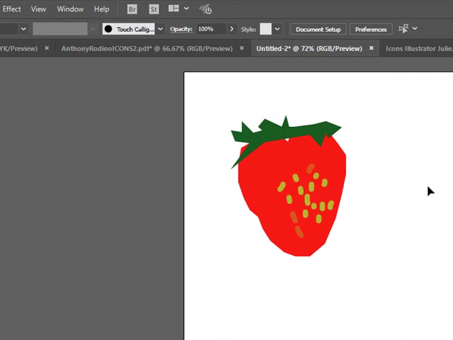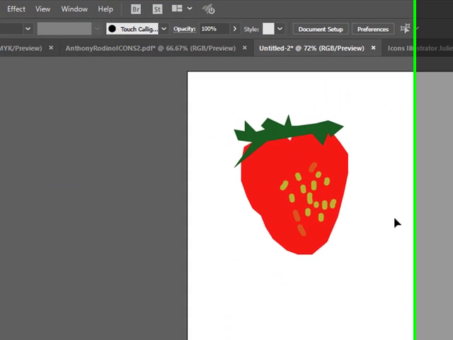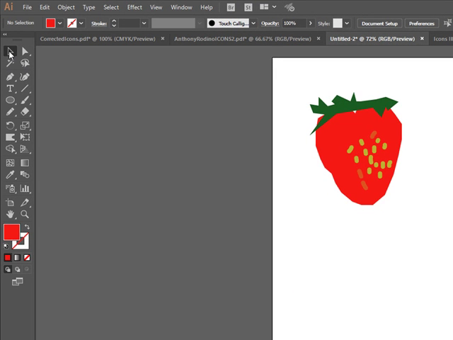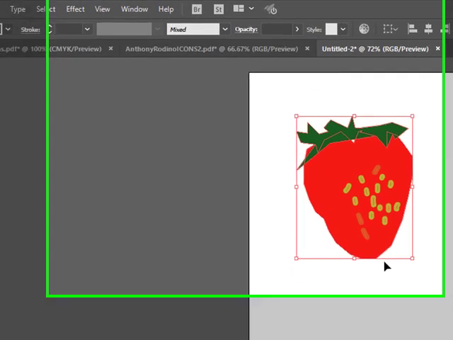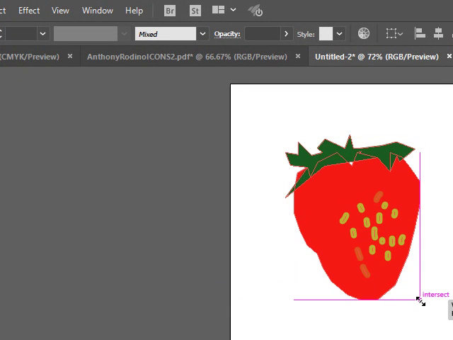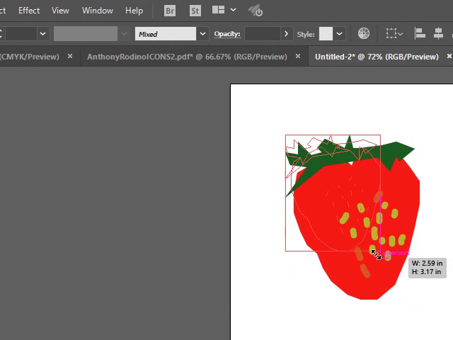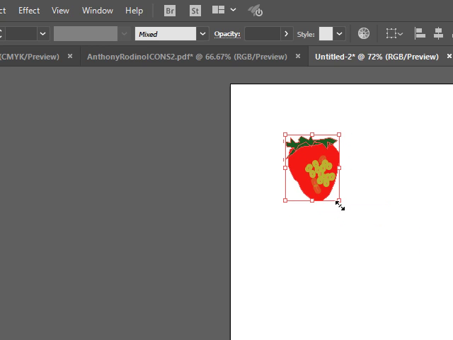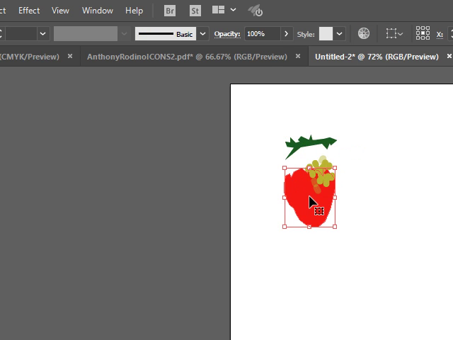And now, to make sure that I've selected everything, because I want to resize it, with my general selection tool, I'm going to make a selection kind of outside. So just make sure everything has been selected, and I'm going to grab one of the corner points and hold the shift key down to lock the proportions. That's how I resize it. So now if I had my guides up and my rulers, I would be able to easily move this around and put it, oops, sorry, that was not